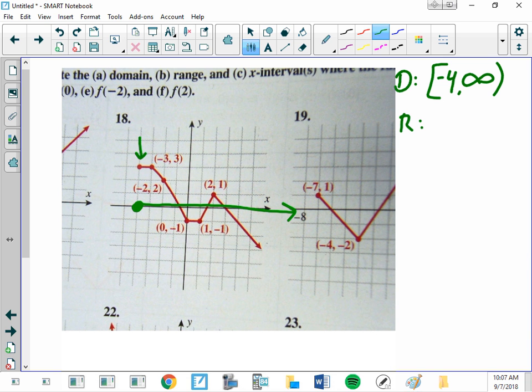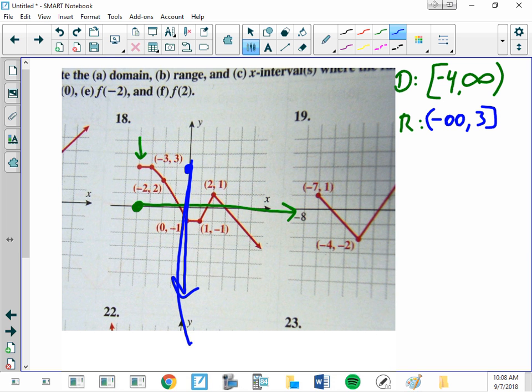Okay, what about the range? The range is from here that way, but we always list the small number first. 3 is the biggest number. -infinity. So from -infinity up to 3. Does 3 count? Yes. So parenthesis, bracket. Okay, then it asks for